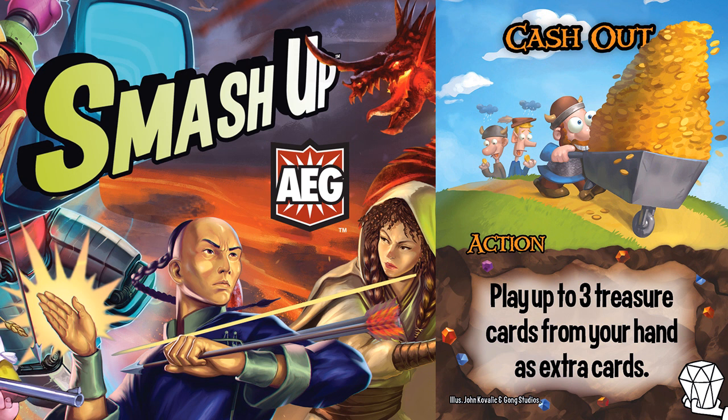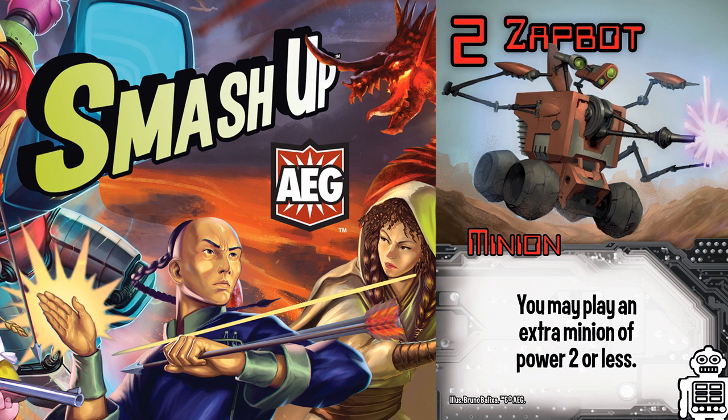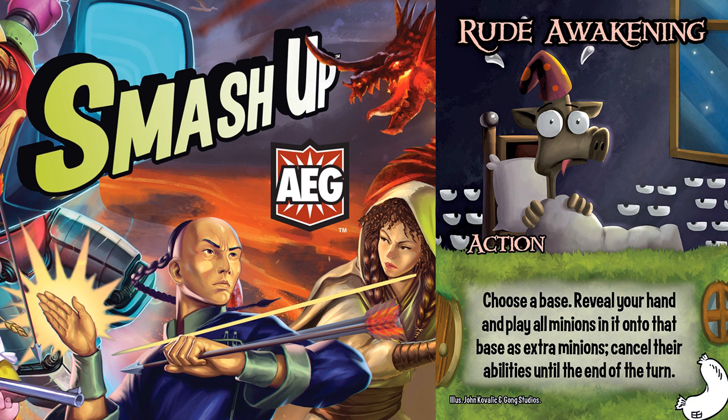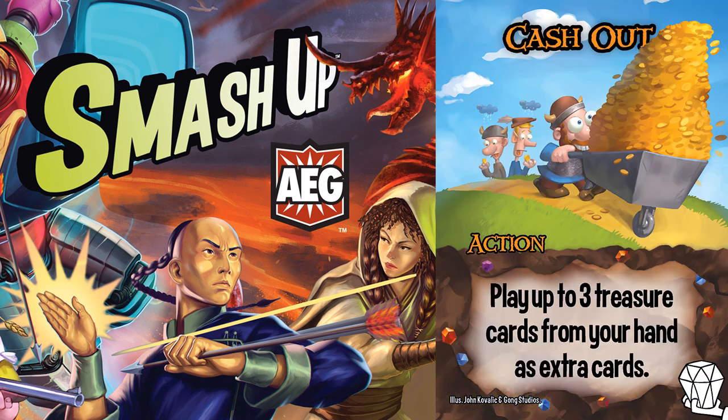Fortunately, it is not, and we can utilize the immediate rule here. Contrary to what some may think, these plays are not immediate, nor do they refer to specific cards. Treasures are a grouping of cards, but that doesn't make it a specific card. It is no different from banking a minion of power 2 or less. You never actually reveal specific cards, unlike Rude Awakening or Teleport Overflow. This means that the extra play is indeed bankable,